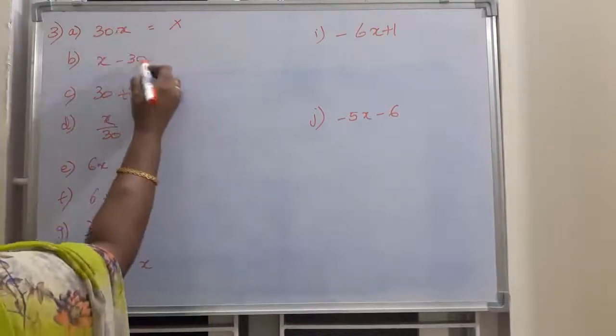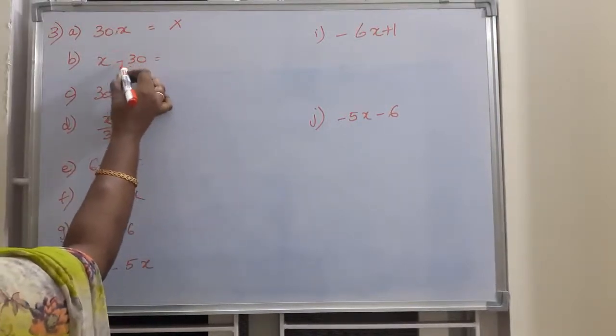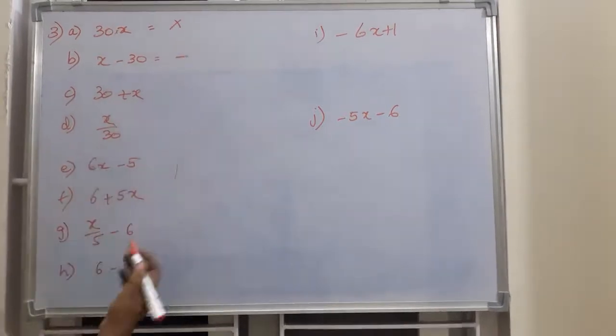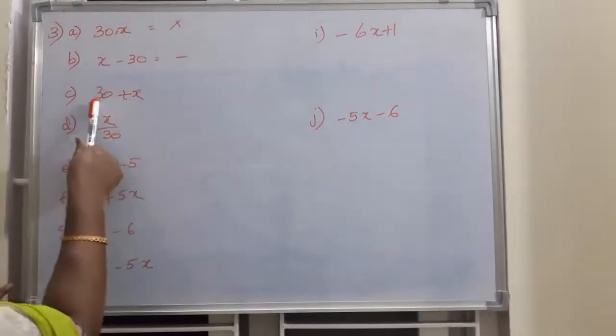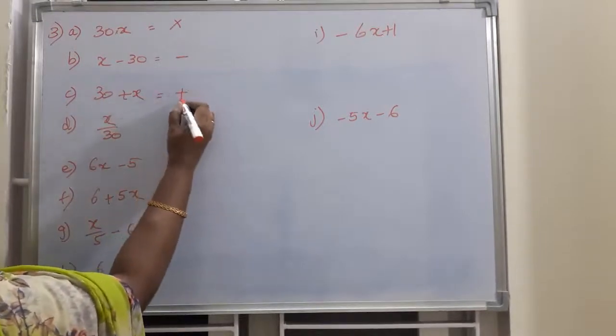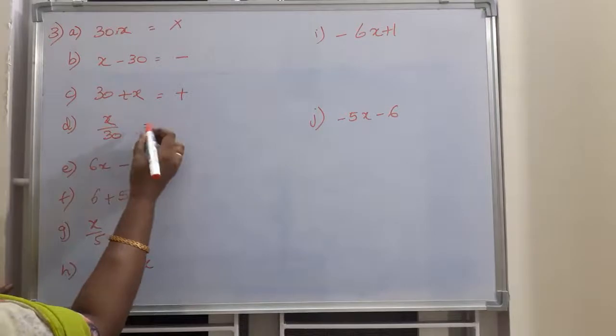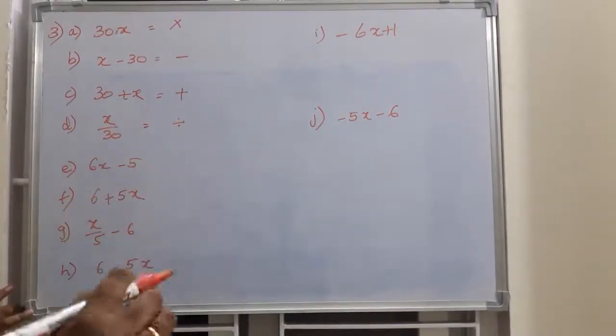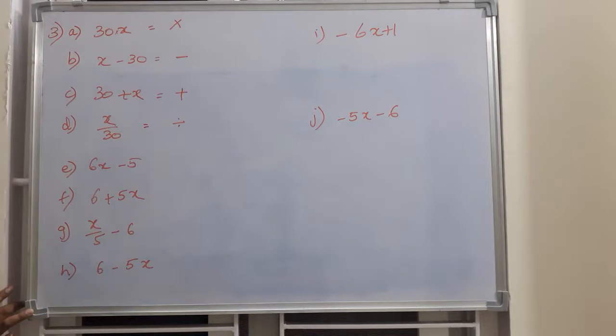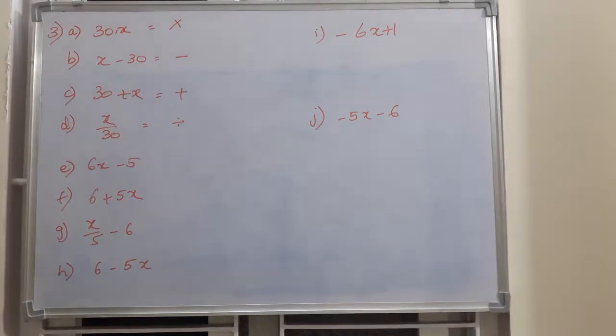Okay? Next, B bit, x minus 30. Clearly you can see it is a subtraction symbol. Next, third one, 30 plus x. What symbol is it? Addition. X by 30. By means nothing but division. If you want, you can write in words. You can do this exercise completely in the textbook, children, till the 5th bit. From the 6th bit onwards, you have to write in your notes. Even in the PDF, I have given you notes from the 6th sum only, because as you are watching the video, take a pencil and write everything in your textbook itself.